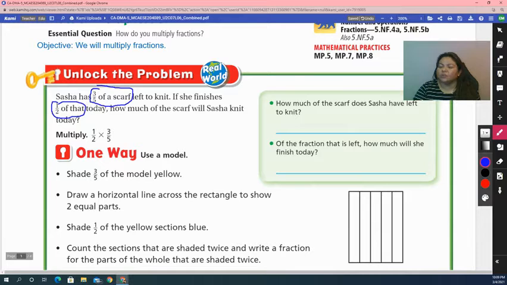Now we're going to underline the question. What is it that we're trying to find out? We want to know how much of the scarf will Sasha knit today. That's what we want to know. How much will she be knitting today? Okay, so here's our problem. We are going to multiply. And the reason why we're multiplying is because if you notice here,